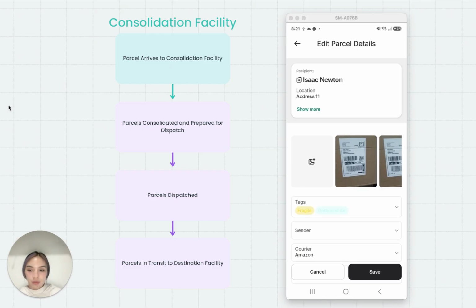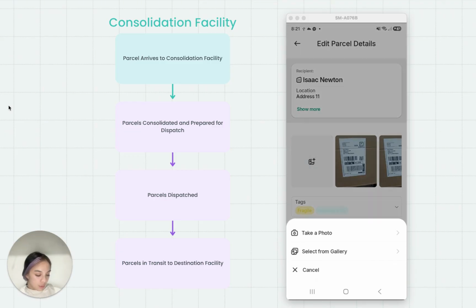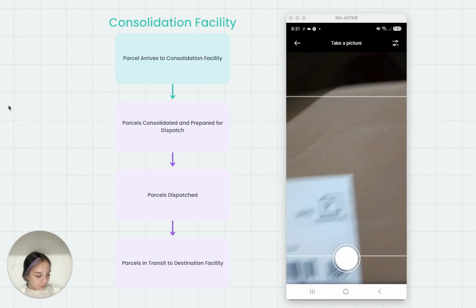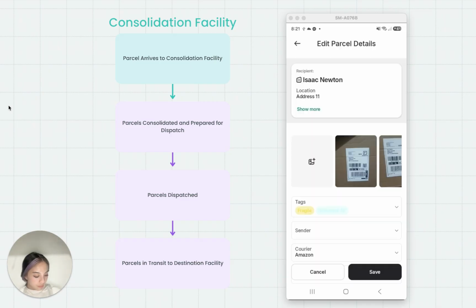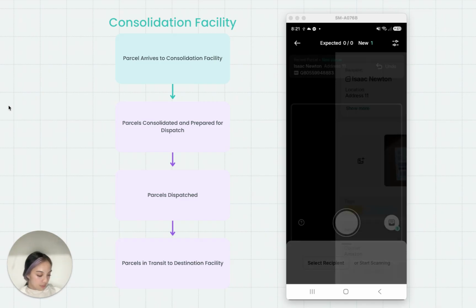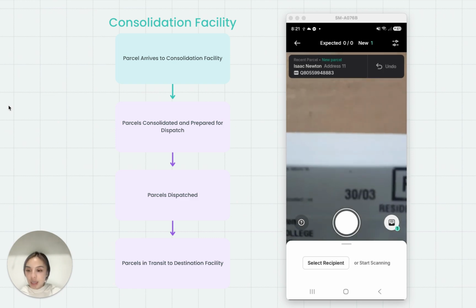For example, if you have a slightly larger shipment and you want to take a wider photo so that you know what it looks like, you can totally do that. Just click on the image, then you can take a photo or you select one from your gallery. We'll just take a photo and then press save. This adds the parcel to your cart, and you can continue scanning multiple parcels in a